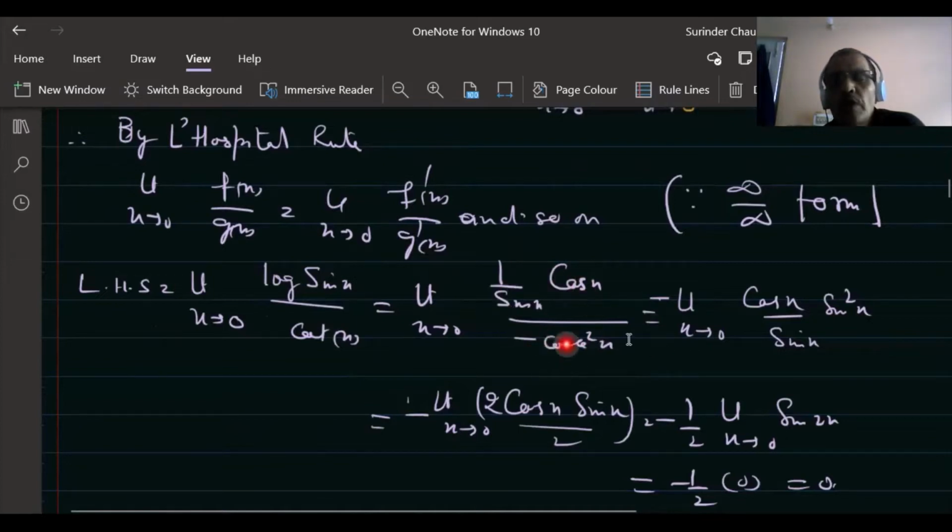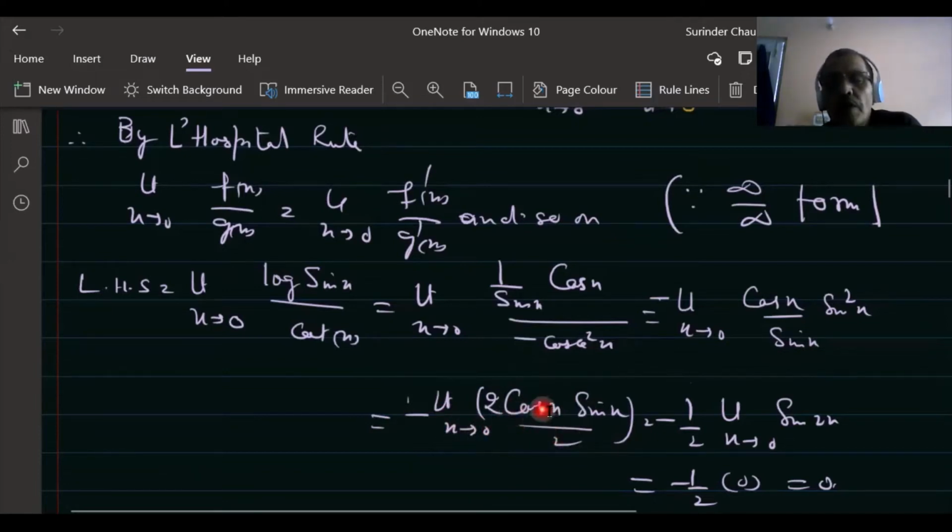We will convert it into sin and cos. Limit x tends to 0 of minus sin x is here. So minus will be taken out, and the 1 upon sin will be put in the numerator, sin cancels, and this will be equal to sin x cos x. Limit x tends to 0 of 2 divided by 2.